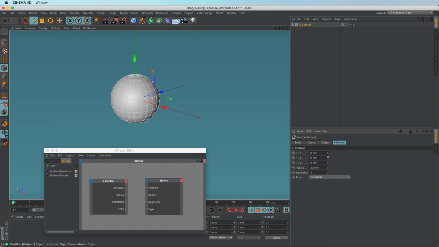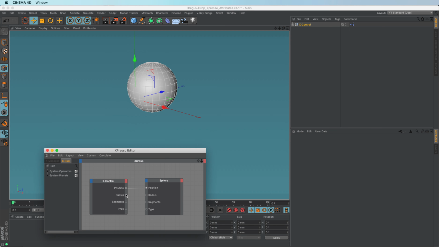Now, with our Xcontrol at the moment, nothing much is happening because they're not connected, so the sphere can't see the Xpresso. But now we've got all our ports lined up, all we need to do is join them up, and we have control. Nice and easy,